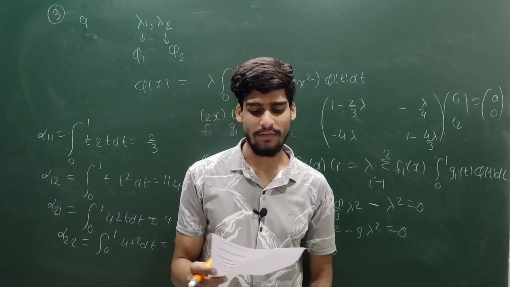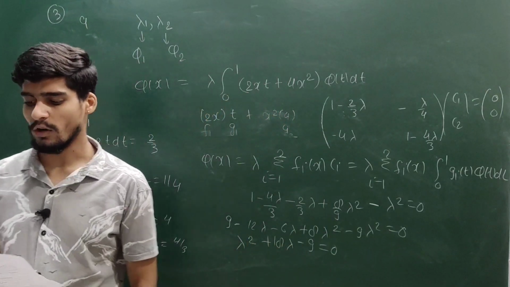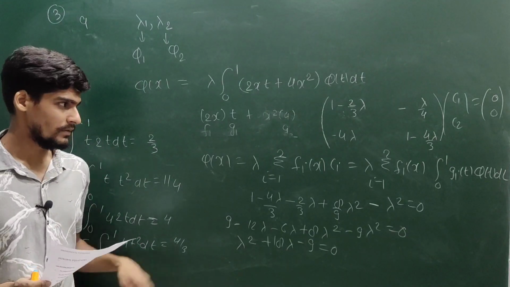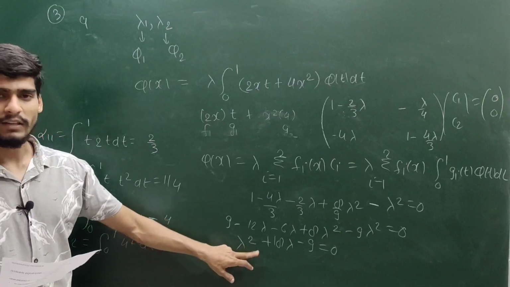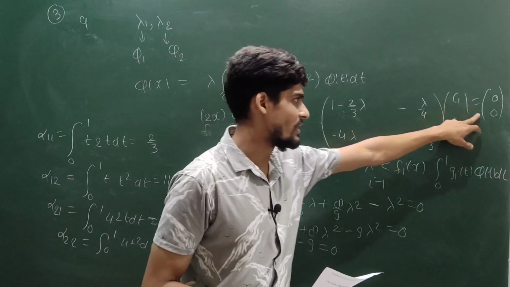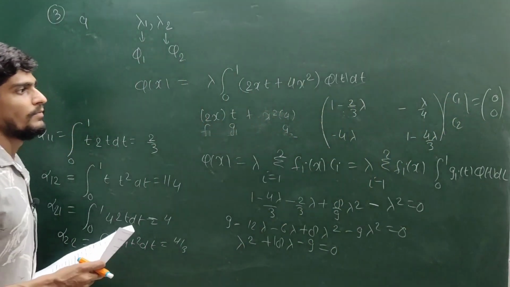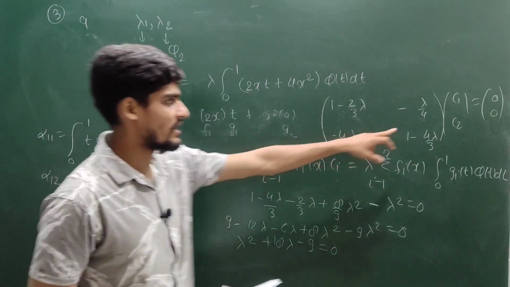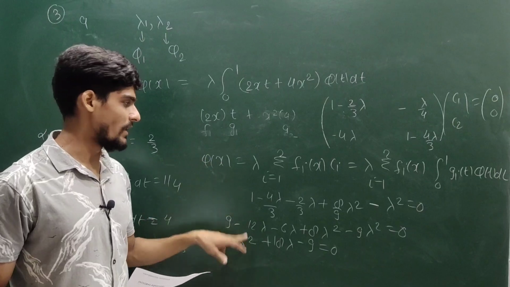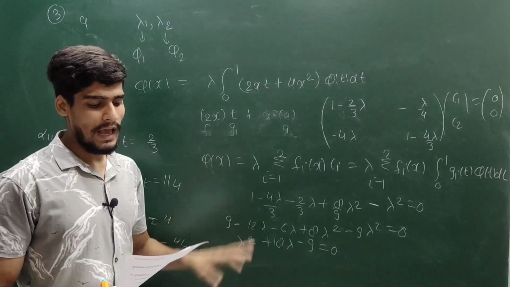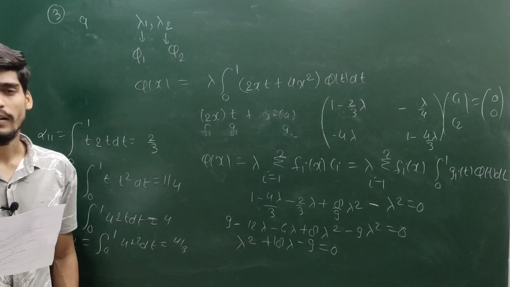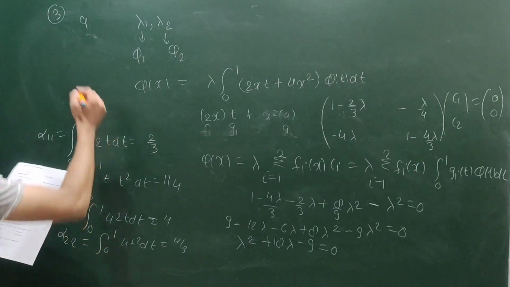Option C, phi 1 and phi 2 are orthogonal, and option D, phi 1 and phi 2 are not orthogonal. See, for this you have to do a little calculation. You will find the values of lambda from here. As you get the values of lambda from here, you will find your C1 and C2. So after finding C1 and C2, whenever you put lambda 1, you will get phi 1. If you put lambda 2, you will get phi 2. Then apply the integral 0 to 1, phi 1 phi 2 dx, and check whether it is 0 or not. So you will get option C is again correct.